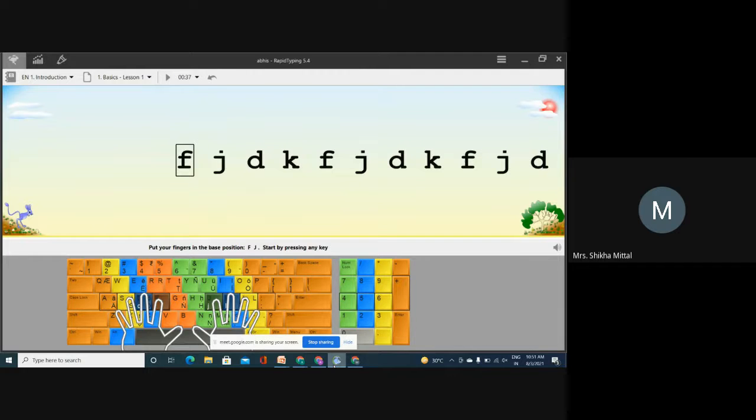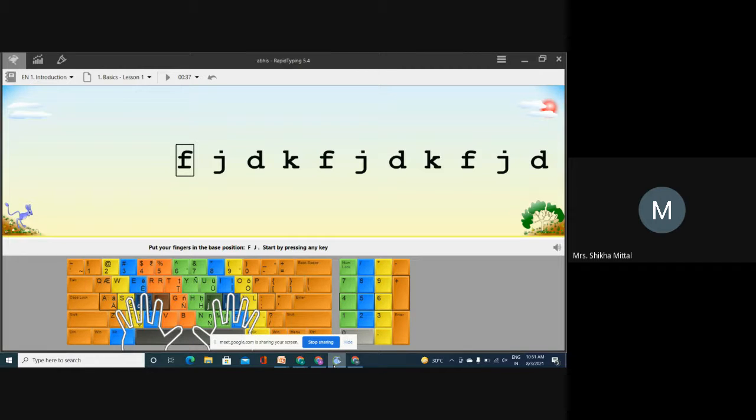Okay, now see the benefits of touch typing. What are the benefits? Any one of you? Yes, beta. Ma'am, it reduces time. Yes, very good. It will be stable, and we will get to know which key we are pressing. Very good. Speed will increase, ma'am, by focus. Very good. We don't have to see which key we have to press; we can feel it all. So it increases your speed also.